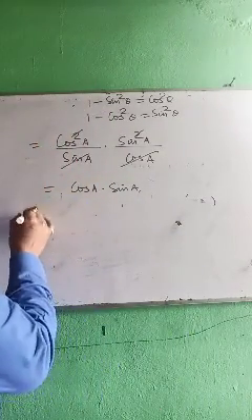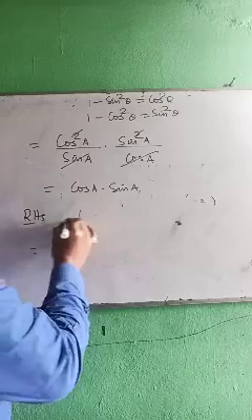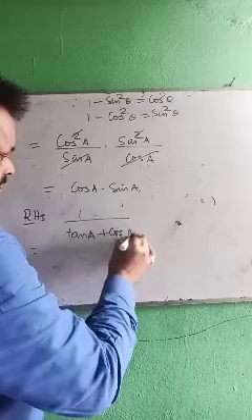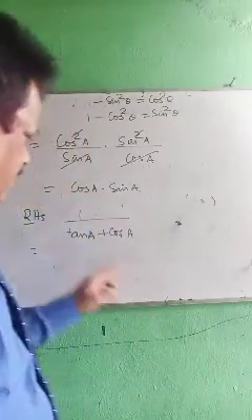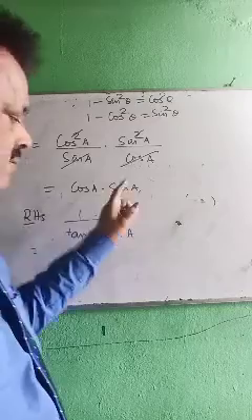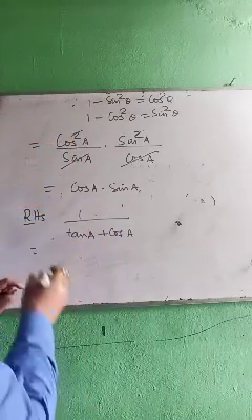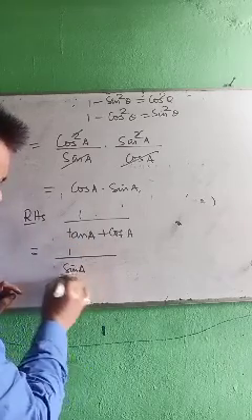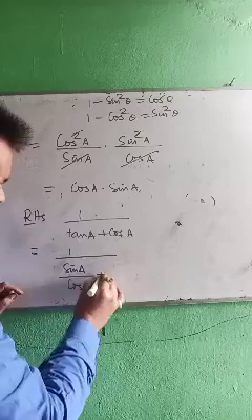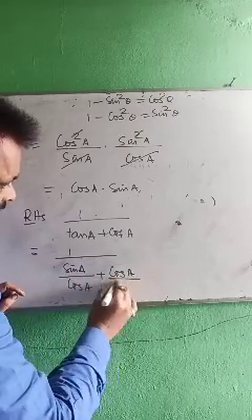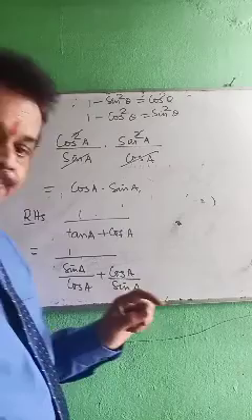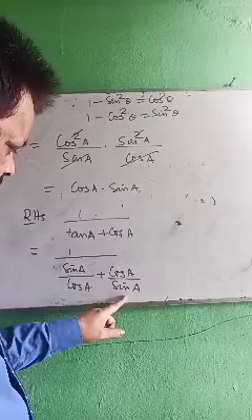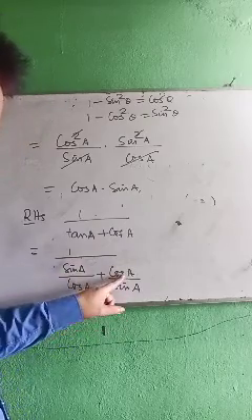Look at the right hand side, RHS: 1 by tan A plus cot A. So you have to prove 1 by tan A plus cot A is equal to cos A into sin A. So write sin by cos: 1 by sin A by cos A plus cos A by sin A. This is 1 by cos by sin. Now what is the LCM? Cos and sin. Sin will be multiplied here, cos will be multiplied here.